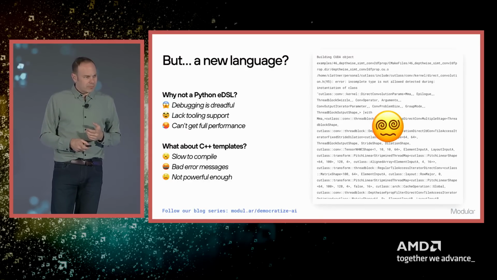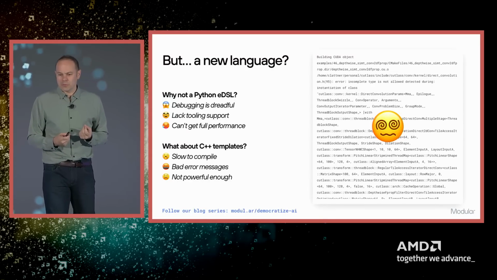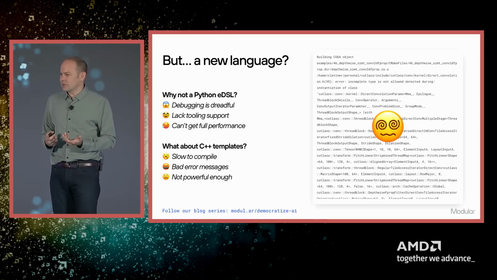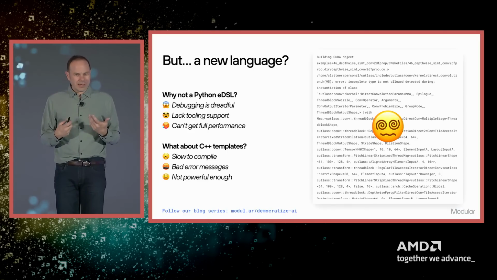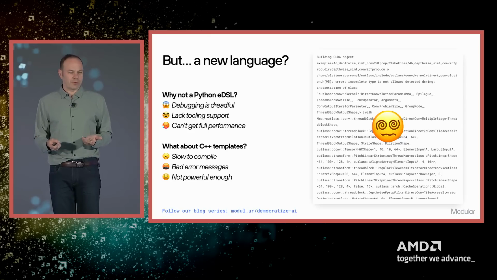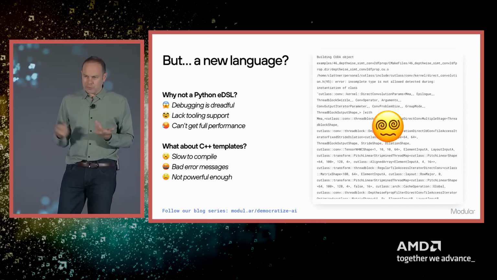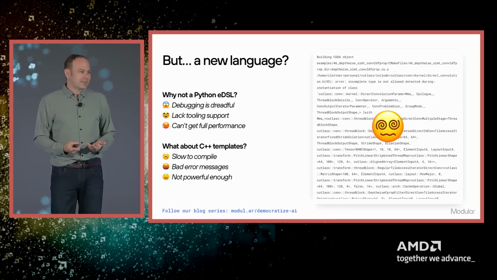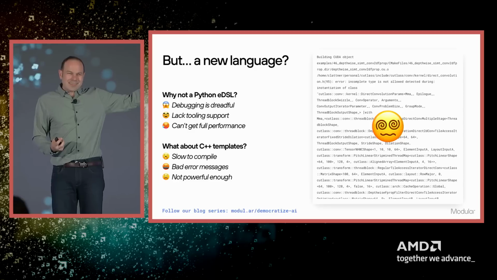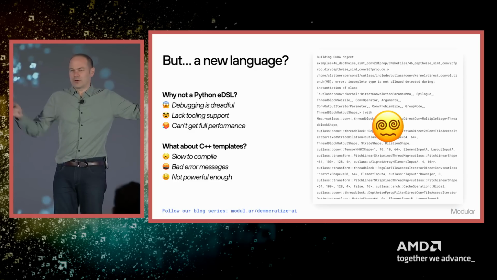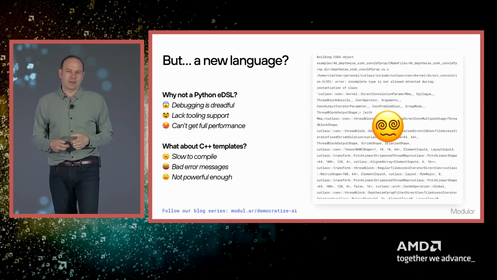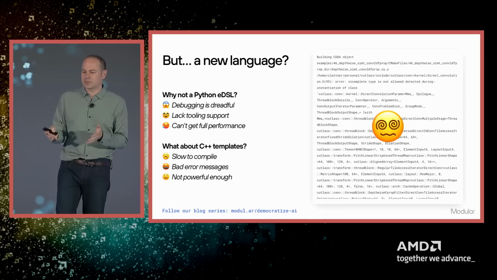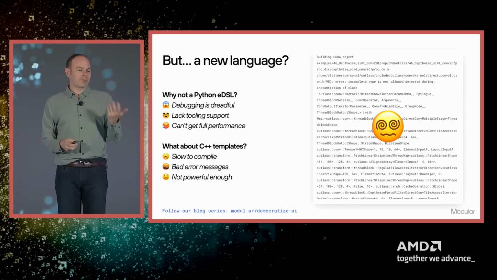So, Mojo. It's a new programming language. And so you might ask, why build a new programming language? Isn't that crazy? Well, the challenge out there is that you kind of have to do crazy things to be able to move the world forward. And so C++ is one of the most widely used languages, first of all, in the world, but also in GPUs. If you've used C++, then you've used templates. And if you use templates, you want to stab your eyes out, right? And so the compile time, the usability, this ecosystem, I love C++, but I also hate C++. It's time to move the world forward.